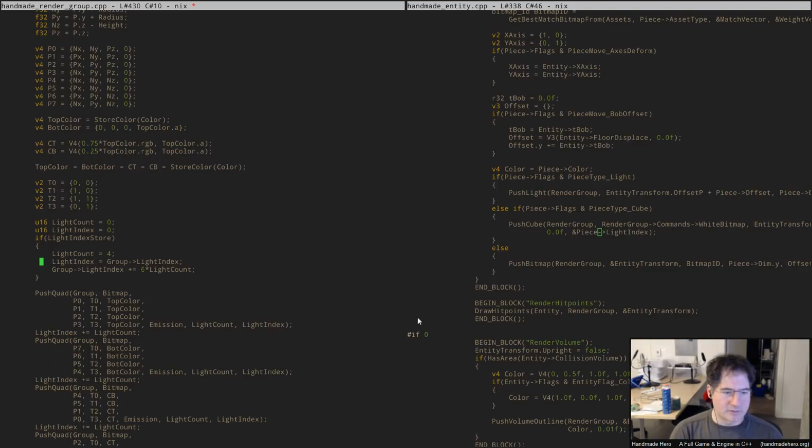Go from there. So if the light index store is valid, then the total light count is going to be exactly what we're doing here. We need 6 times the light count per surface to get what we actually need. And the light index is going to be assigned one way or the other. If the light index store value is not in range, and I guess in range is probably the wrong term here, I suppose what we actually mean is